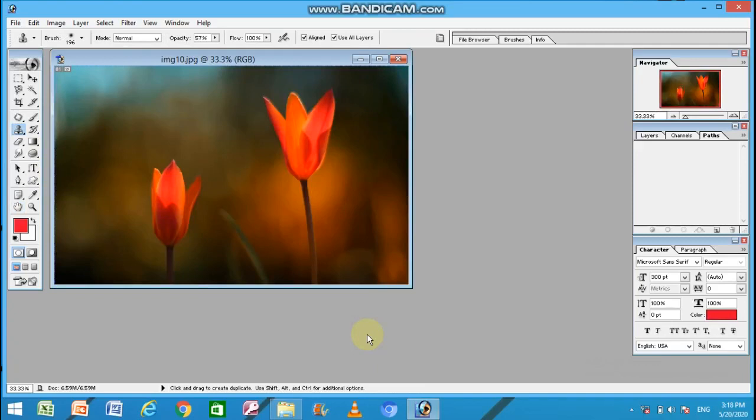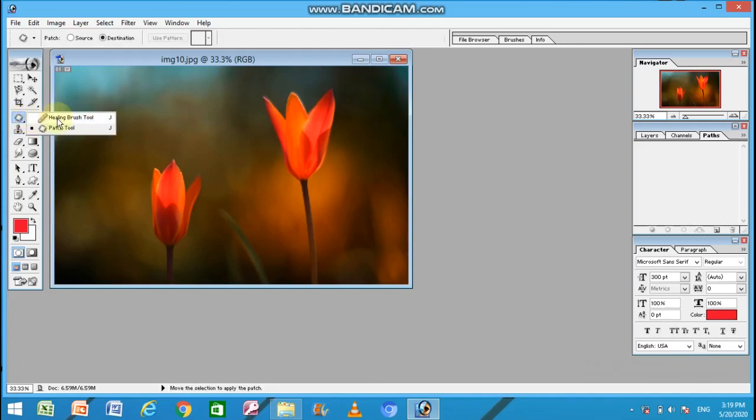Now students, we are going to understand about the retouching tools. In the retouching tools category, we have the healing brush tool, patch tool and the clone stamp tool. One more tool is there which is not in this version, that is the content aware tool that we will get in Photoshop CC. So I'll tell you about that tool in the school's computer lab. Right now let us understand about these three tools.